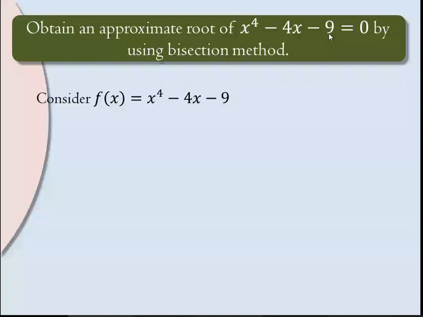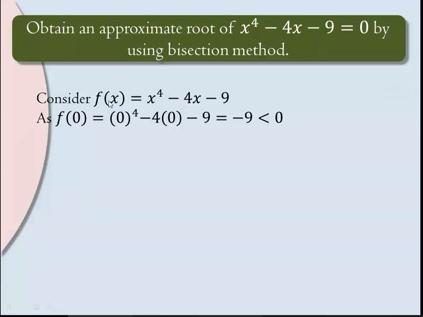Now, we have to find the initial interval. For finding the initial interval, by trial and error, check for different values. Put x equal to 0, x equal to 1, x equal to minus 1. For a few values, we check at which values the function is positive and negative. We do that randomly; there is no fixed formula for it. You can try plus 0, plus 1, plus 2, minus 1, minus 2, like that. A better way is to check integers, because calculation with integers is very easy.